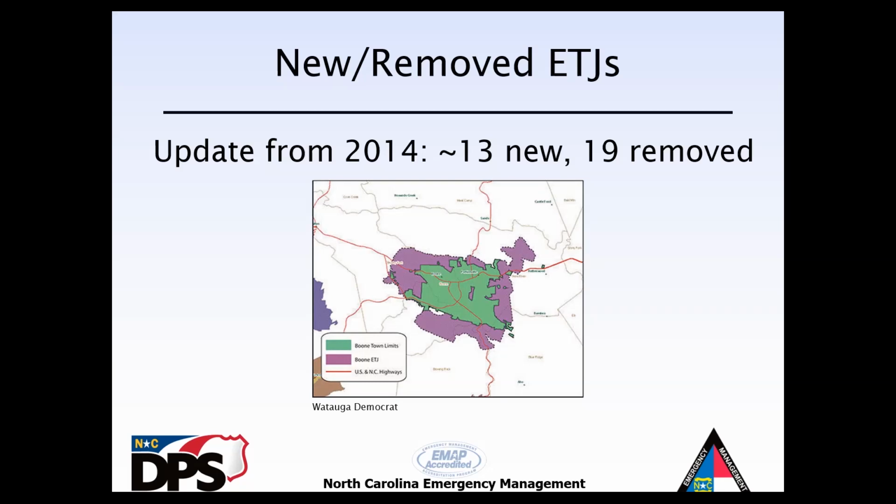So again, as I was working through these data, looking at each ETJ, I tried to do some research as to whether a particular ETJ was official or simply a study area placed on the web map. And I say that because a few of the counties that I talked to said that no, that ETJ is not official. It was never officially enacted through an ordinance. It was just a study area or something experimental that we place on the web map. So there's no need to officially include it in the data set. So I try to use that kind of feedback from the counties as they reply to my emails.